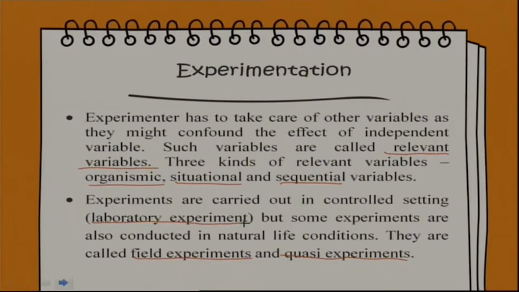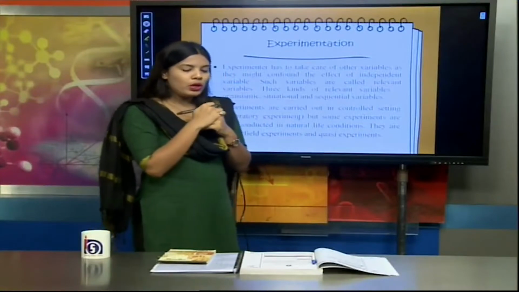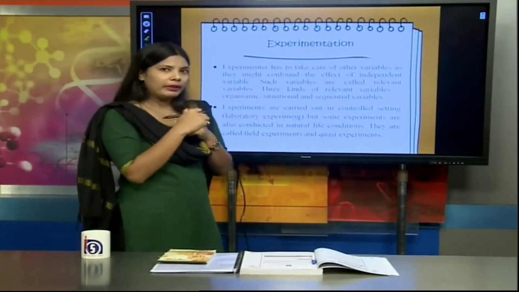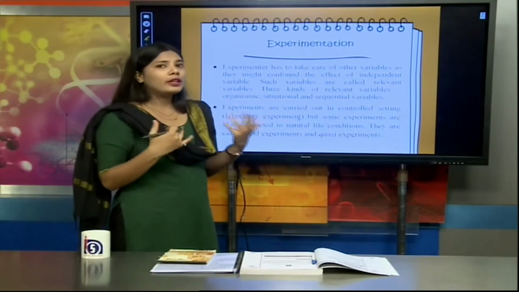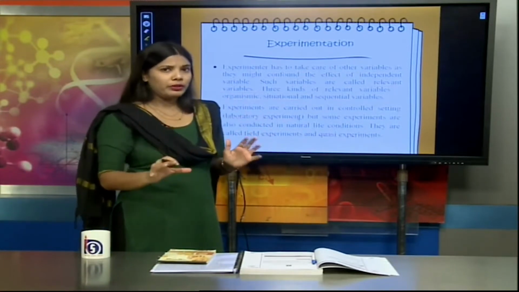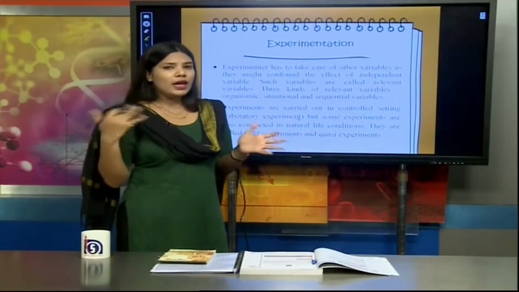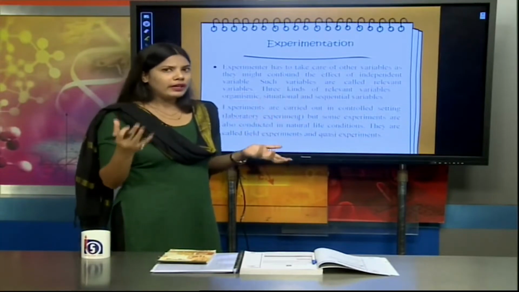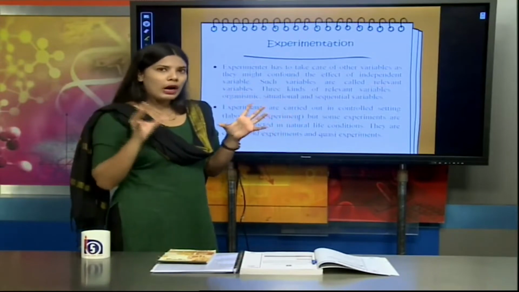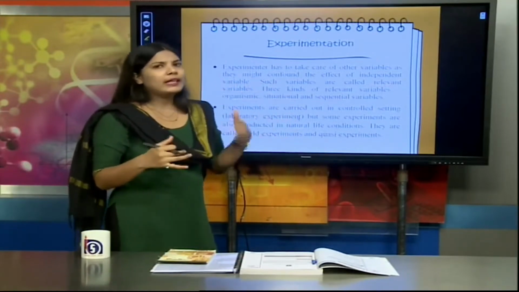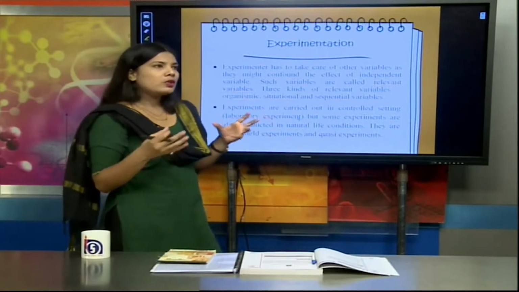So basically a quasi experiment is an experiment, but for example, if we choose to study a learning method, and it is already established that this learning method is very effective for a learner, and there is another method which is not very effective, but just to confirm that the outcomes are true, we are again conducting a study. So now what